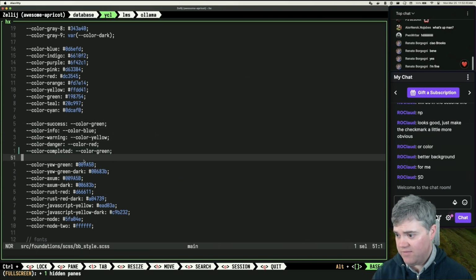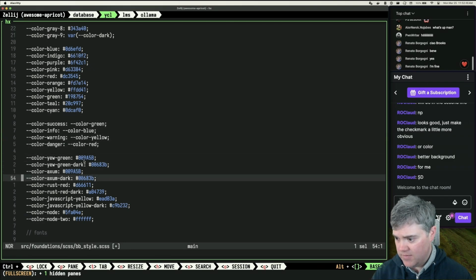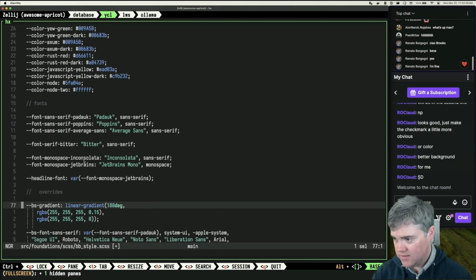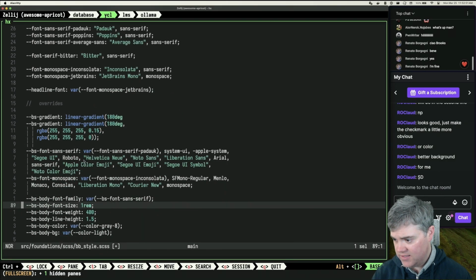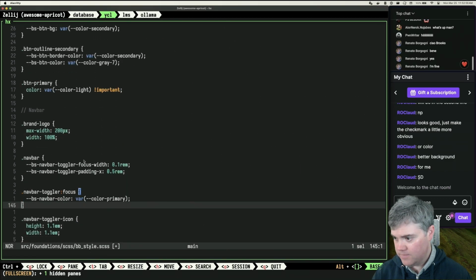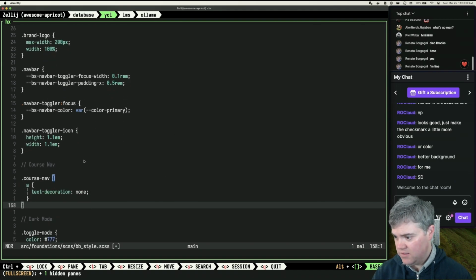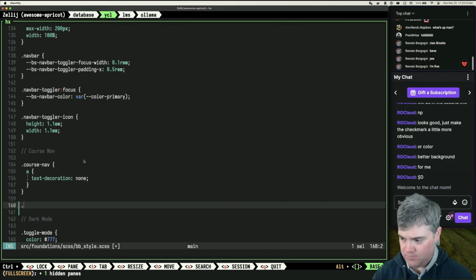Although, you know what? We already have this. What if I just do this? Color success. So I already have color success. I want font overrides. Okay, we have nav bar. Okay, course nav. So I want to add if I had a completed class, so if I just say like article completed,